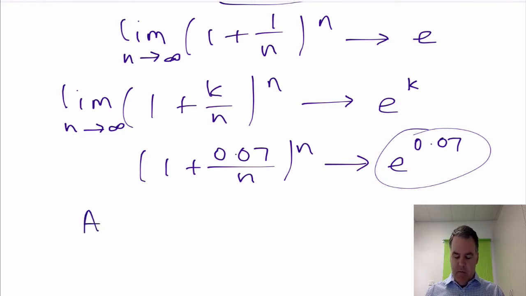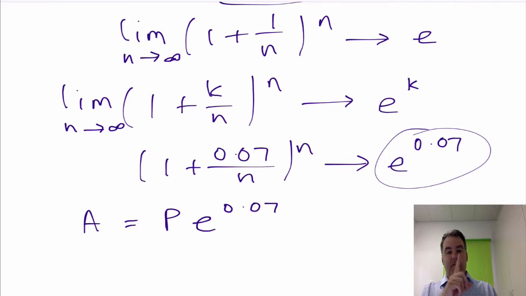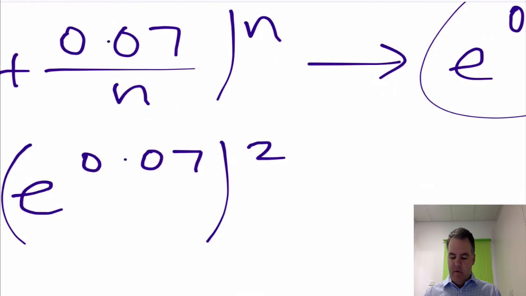So the amount of money would be the amount that we start with, which I'll say is P, and it would be e to the power of 0.07. Okay, that's what our amount of money we would have in the bank at the end of the first year. Now, what if we wanted to go for 2 years? Well, it's the same thing, except we're doing it for another year. So it would just be this to the power of 2, or 3 years would be this to the power